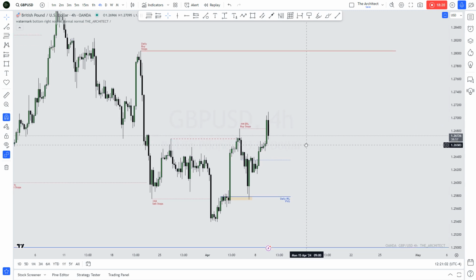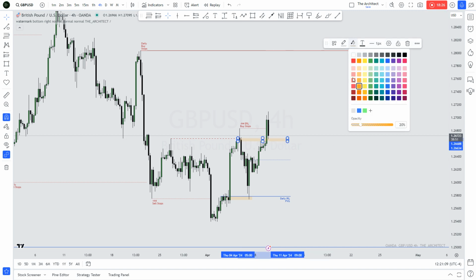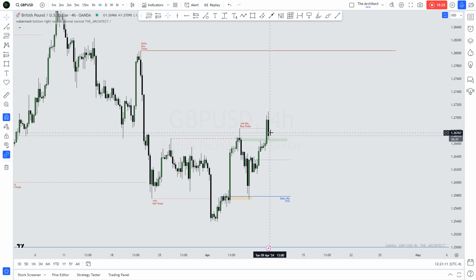So already we're getting an indication that we may respect points like these, the mitigation block over here. This would be regarded as a mitigation block. Or if we disrespect these points, we may draw into a deep discount to take sell stops in deep discount to continue the market higher. We may draw into this order block, respect it, and then continue higher. So those need further investigation.